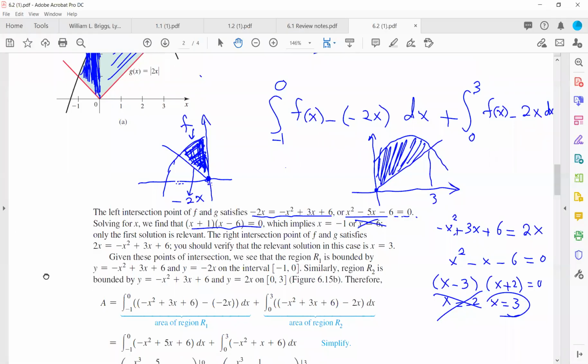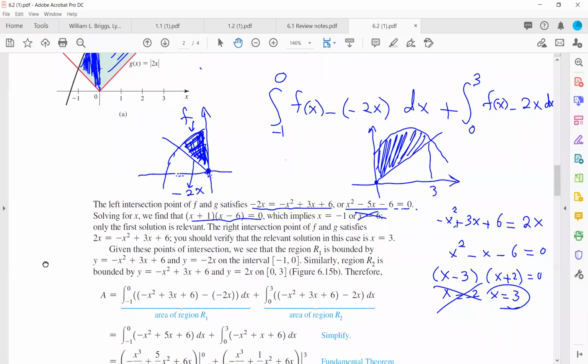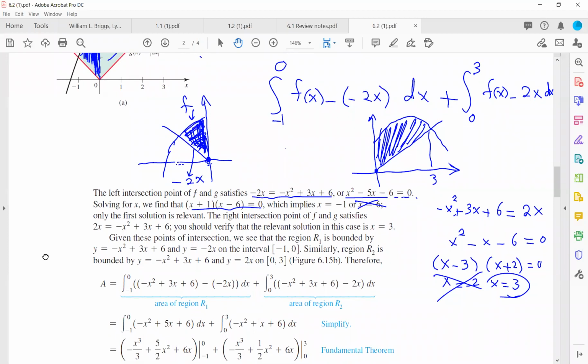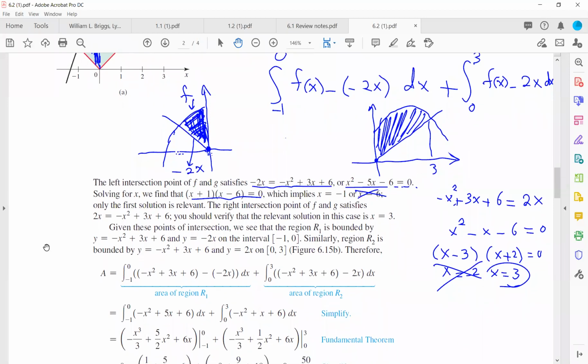Very well. So now we just have to do the integrations and add the final values together. Integral on the left-hand side, -1 to 0, -x squared. By subtracting these two and combining like terms, you get -x squared plus 5x plus 6. And the area on the right-hand side, -x squared plus 3x plus 6 minus 2, gives you -x squared plus